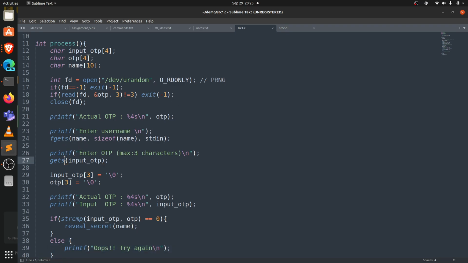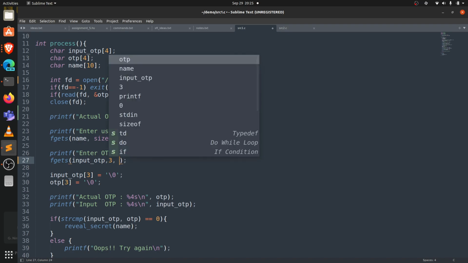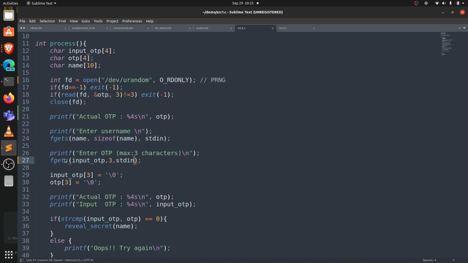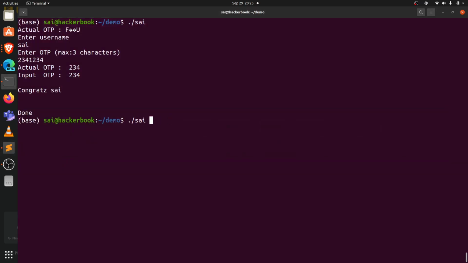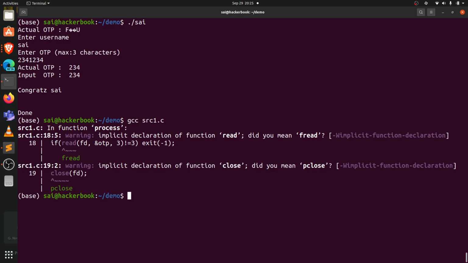Yes. So if I change the gets to fgets, that's a possible mitigation where I can restrict the number of characters, right? So basically, I can do this. So gcc source1.c, and